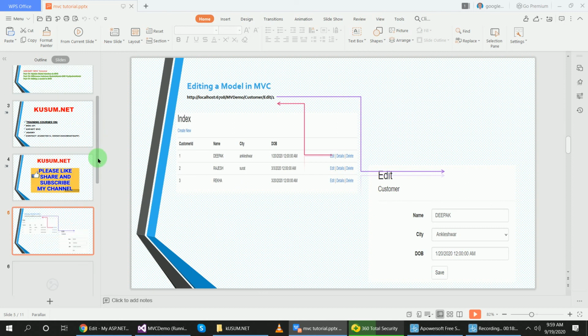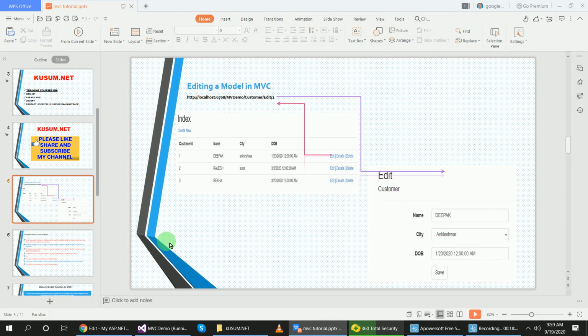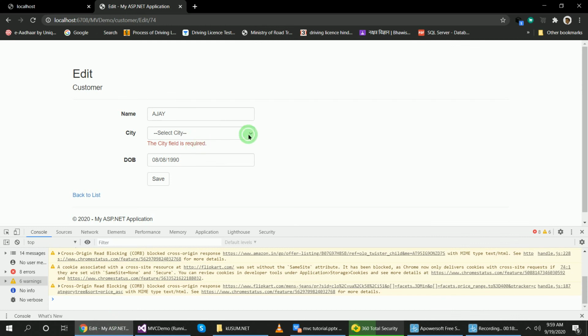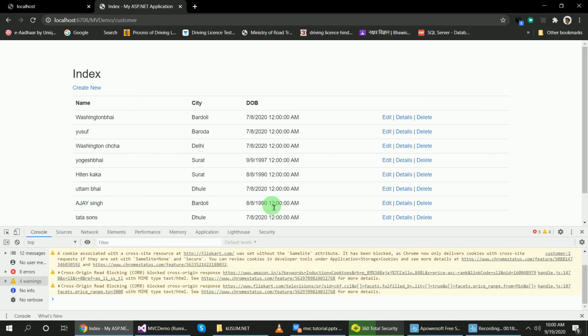So this is our editing page, and we click on this edit button. This edit button will create this link, and this link data will be passed using this ID here, and we click on this save button and get the output of saved data. But we have not checked whether it saved the data or not. So suppose Bardul Ajay Singh, and let's save the data and check here. Ajay Singh Bardul, it's okay, the data is saved now, right?